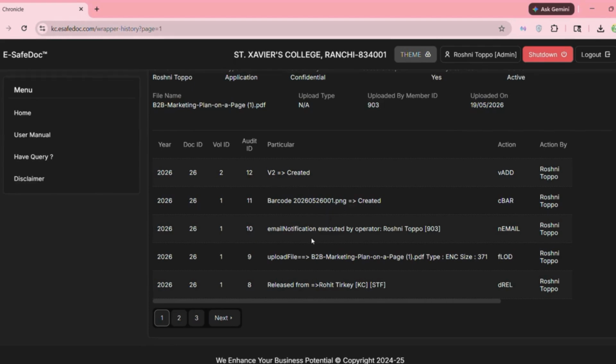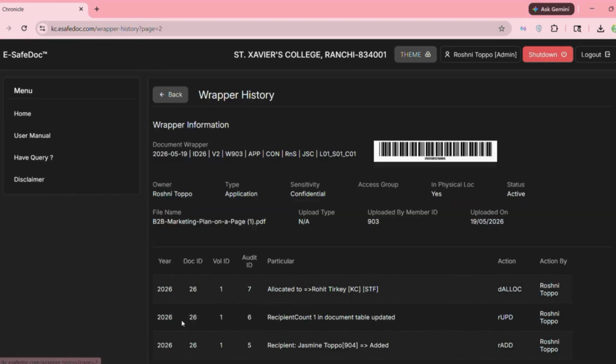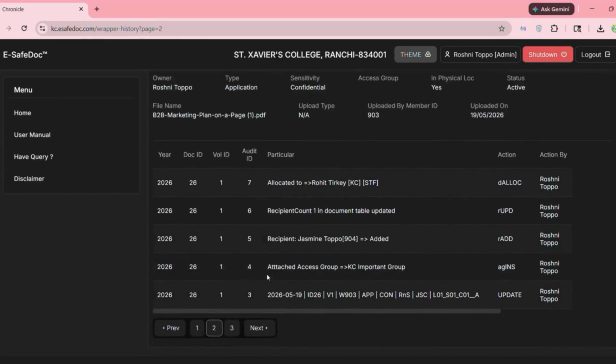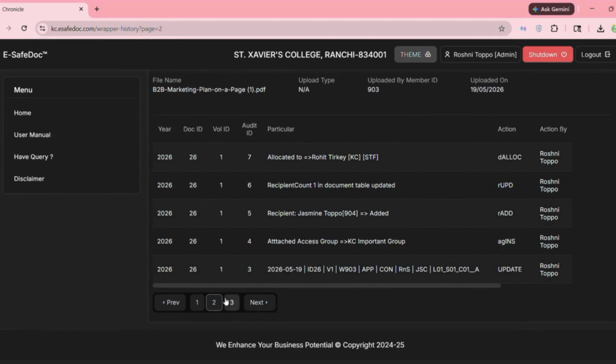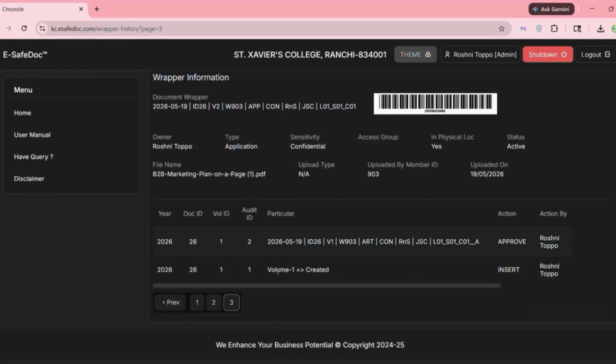The email notification executed. The file uploaded. The released document and so on. With what action has been performed, who performed the action and when the action performed. At the end of the history, you will see when the wrapper was created.